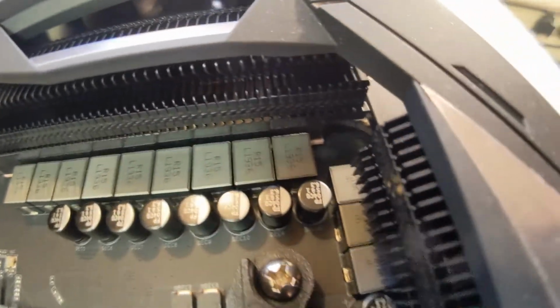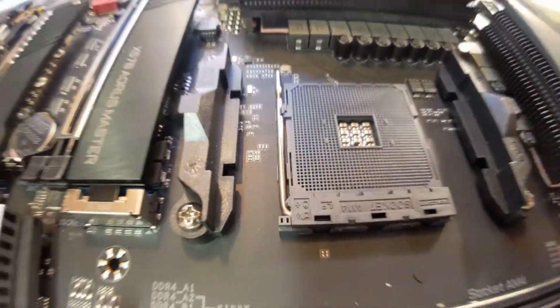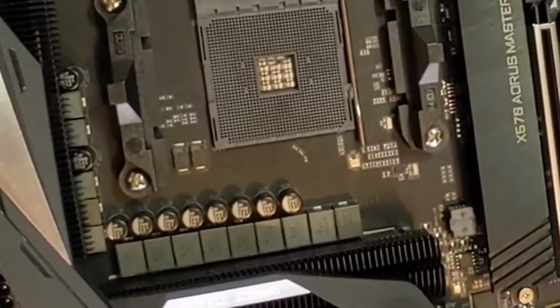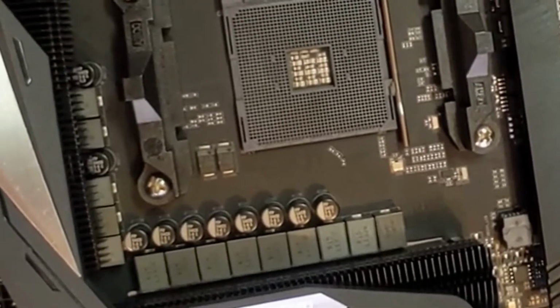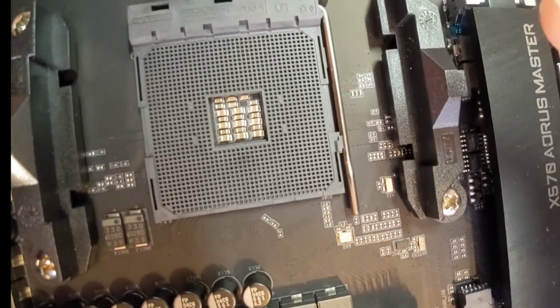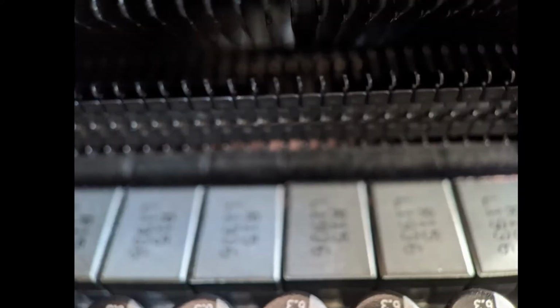Now, those chokes and capacitors are fed by a type of transistor called a MOSFET, which is underneath those heat fins. The MOSFETs will draw up some heat, and then they feed it through to the choke, which keeps it just the right amount, and then the capacitor is kind of like a little battery, and it makes sure that the perfect amount of energy is going to the CPU. Since it's split up among these 14 different phases, it makes it nice, easy on each of them so that they're able to feed the CPU a very huge amount of energy when it needs it very quickly